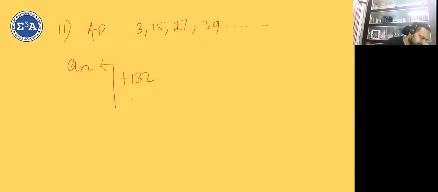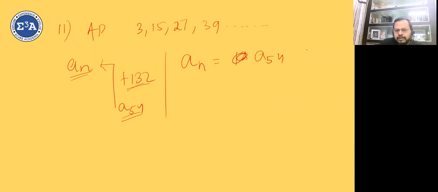नेक्स्ट क्वेश्चन, क्वेश्चन नंबर 11, which term of the AP 3, 15, 27, 39, AP आपको दे दिया है 3, 15, 27, 39, which term of the AP, मतलब an के बारे में पूछ रहा है, which term of the AP will be 132 more than its 54th term, यही क्वेश्चन है। मतलब an, a54 plus 132 होगा।